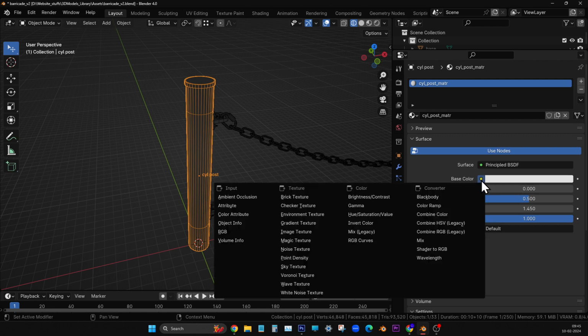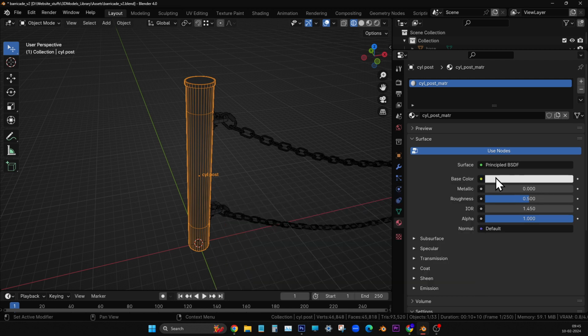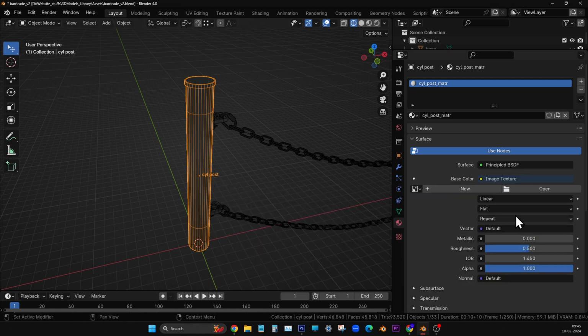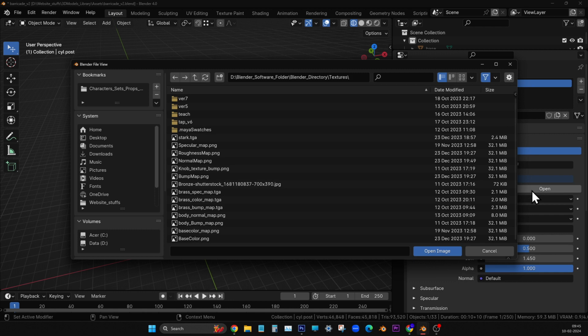So I'll go to the base color and then go to image texture. I'll choose image. When I click on this dot near the base color, a fluorescent dot is there, and I press on that, a menu will pop up. In that menu I'm choosing image texture, and I'm seeing new and open buttons. Immediately I will choose open and then choose our texture where it is, cylinder. We have to go for that